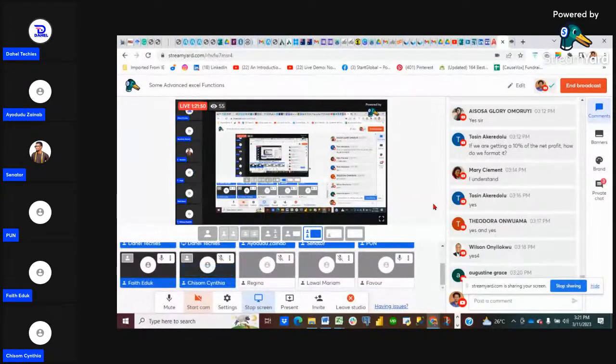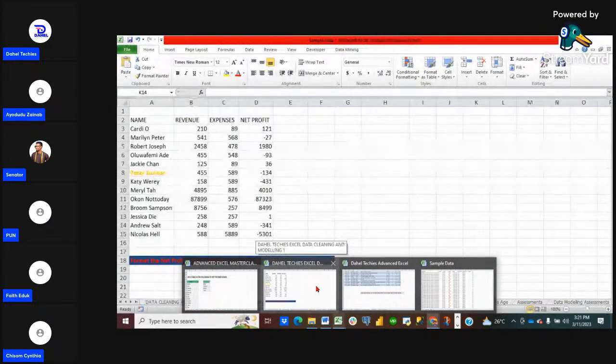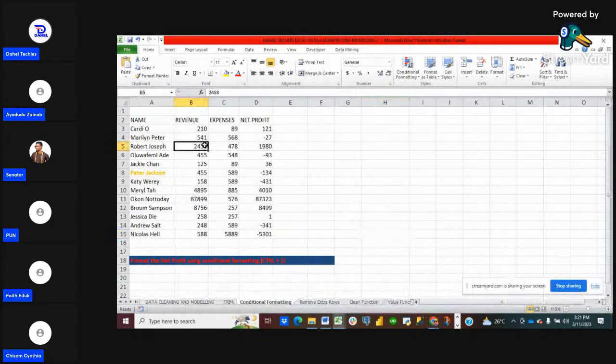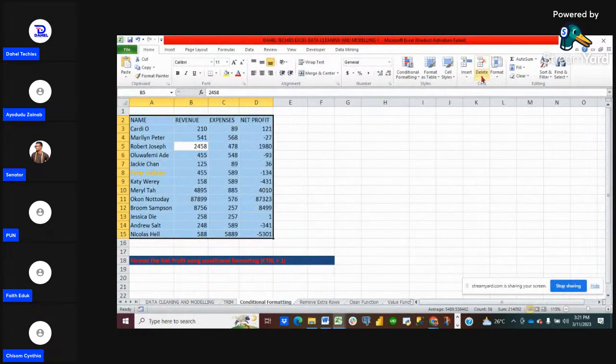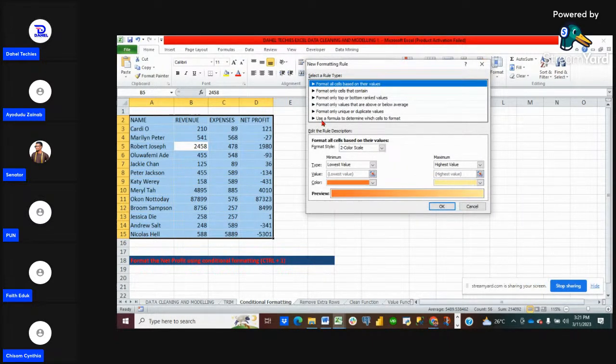I guess conditional formatting, you guys understand how that works to an extent. So let's do something else. Is this data cleaning and modeling? No, no, no. We are still going. Let's say our new rule this time around, we want to look at